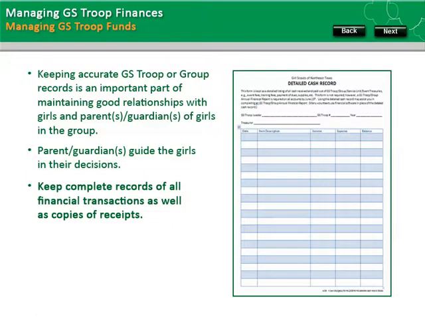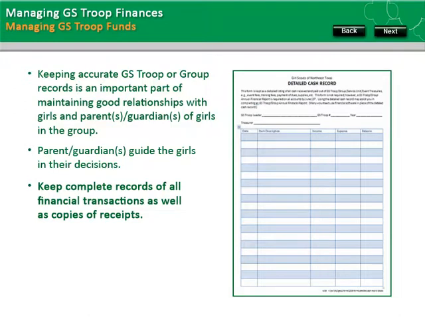A complete record of all financial transactions, as well as copies of receipts, should be kept. All records must be made available to all members and their parents and guardians. The troop or group meeting plans should include times at appropriate intervals during meetings when some type of financial report is shared. The girls, or in the case of Daisies and maybe Brownies, their parents or guardians can decide how